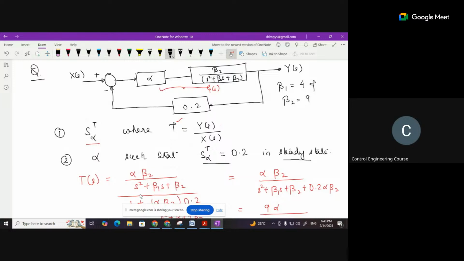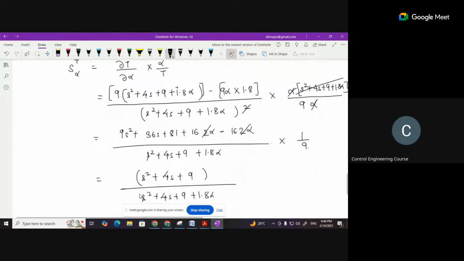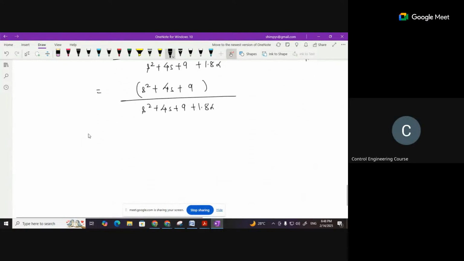So what is the value of s under steady state conditions? That is equal to 0. Clear? So let us find out that under steady state conditions,